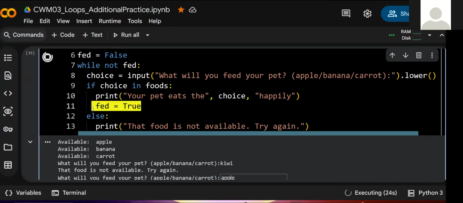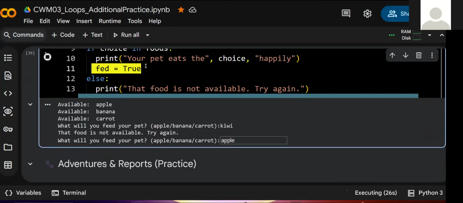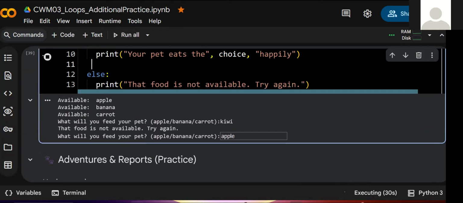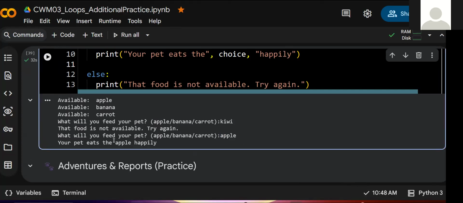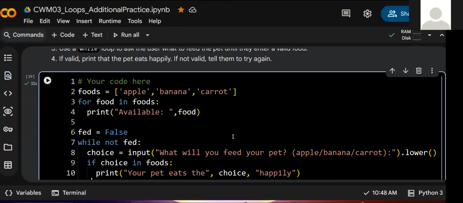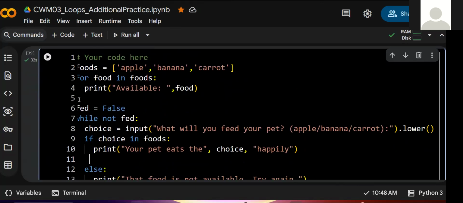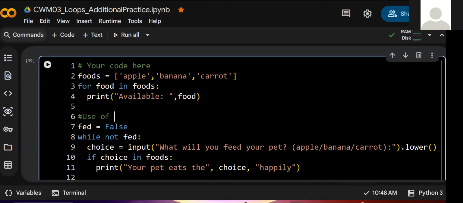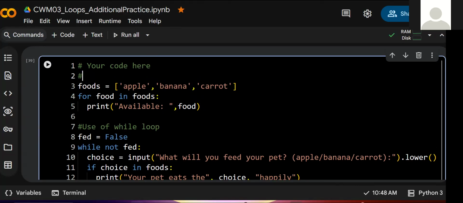So then it sets this to true and it will break out of this loop, or should. That's the logic here. Yep. So your pet eats the apple happily, and that's what gets displayed. So here you're using a while loop,